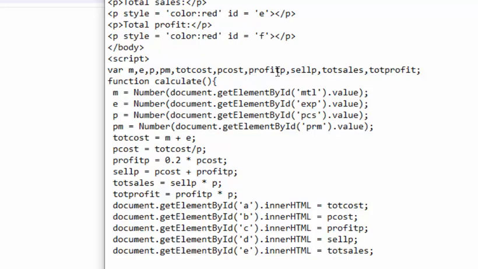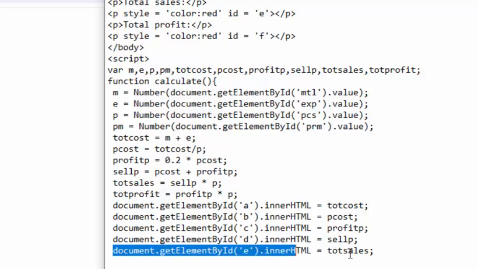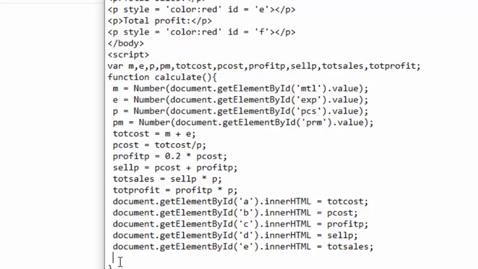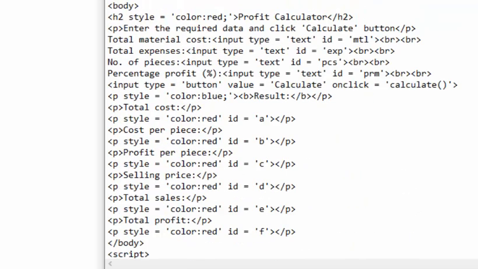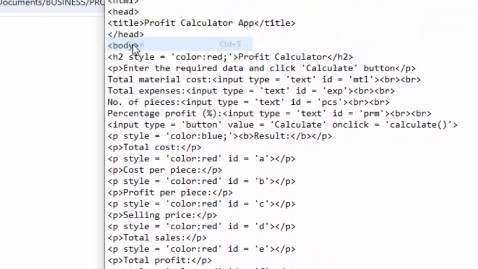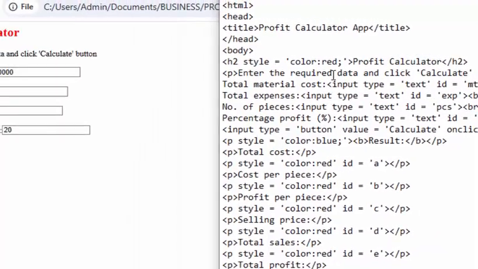And this of course is now F. So I will have a link to my document here with F. So this one will be F, and it will be total profit. I think this is done. The business is done. So let us save